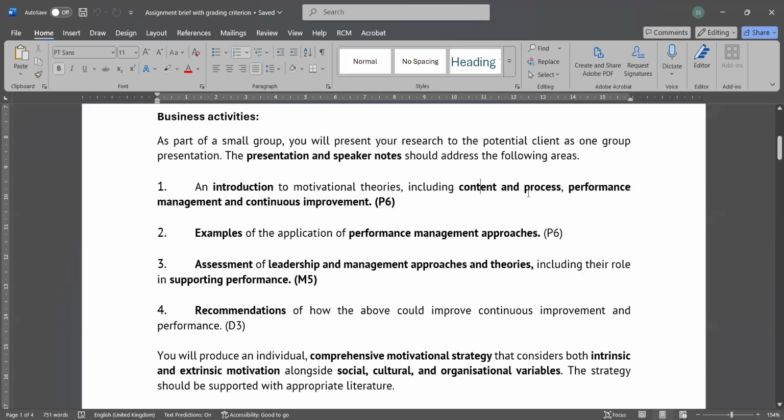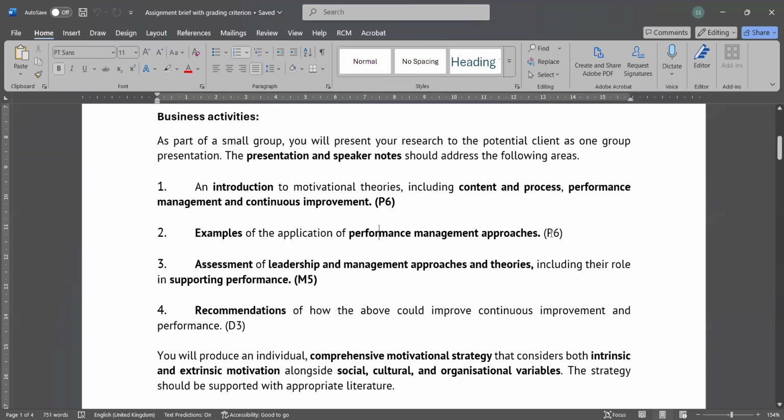Then whatever theory you have used, you will be using these theories in different business situations, and you will be relating how it can be helpful for performance management in the organization. So you are giving the basic example of application of performance management approaches.